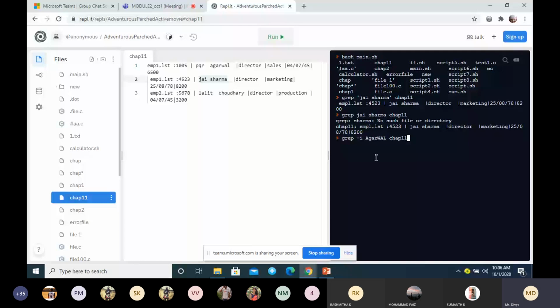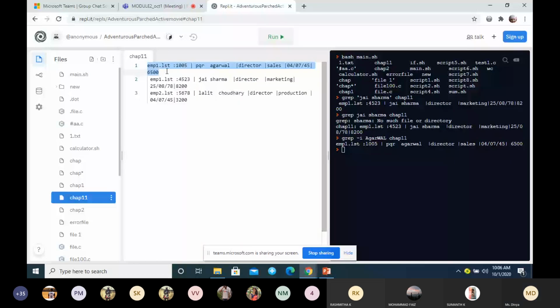Do I get any output here? This is the file. I have given capital A, capital W, A, L, but here I have a small letter agarwal. Since we have used -i, we will get the output. This is the line which has the word Agarwal.